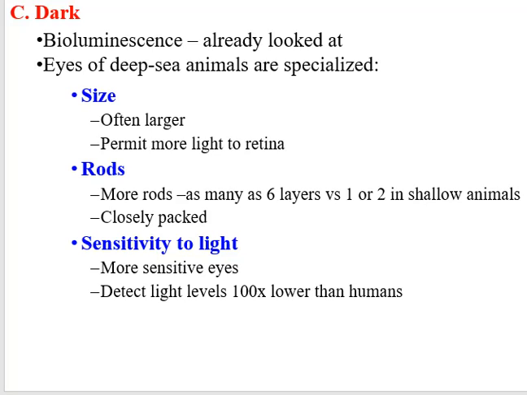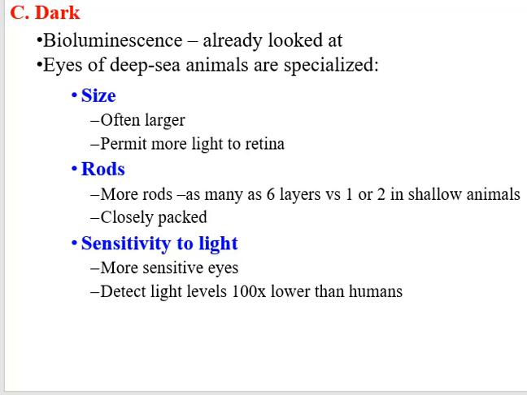So the point is, whatever tiny little light there is in the deep sea, and again, it's generated by animals through bioluminescence, the eyes of these deep sea organisms tend to be much more sensitive to that light, even if it's at an extremely low level, than shallow water organisms.